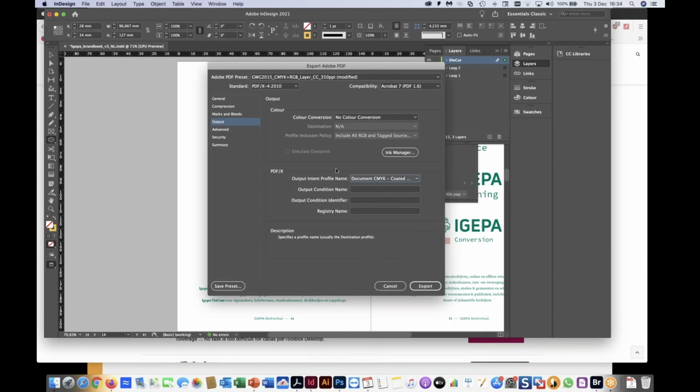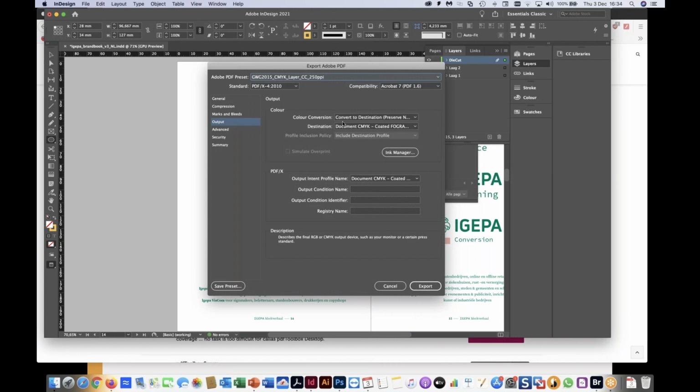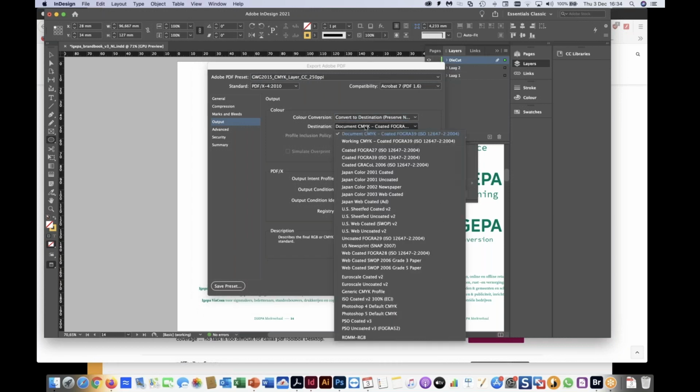So automatically, if you open it in Acrobat afterwards and it's shown on the screen, it will use this to present how it should be shown in CMYK. So we don't do color conversion. If I select now the CMYK-only version, you will see that we still convert to destination, preserve numbers, and we do so according to the settings of your